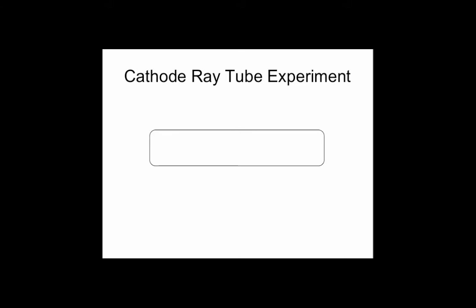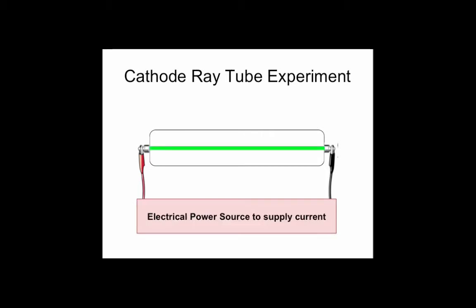In other words, we put a vacuum on it and take everything out of that tube, and then add a small amount of gas to that tube and seal it such that there are electrodes in the tube. Then we take those electrodes and hook them up to an electrical power source, and we find something very odd and intriguing happens. When we turn the power source on, there's a glowing beam of light through